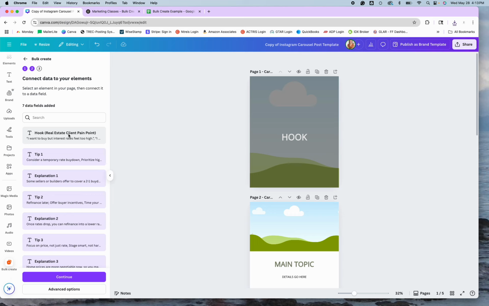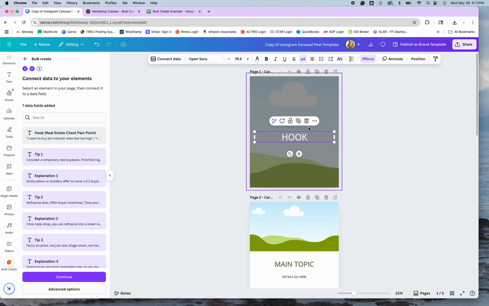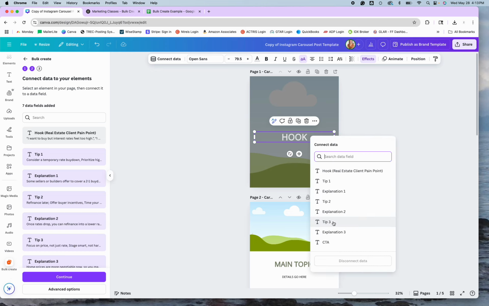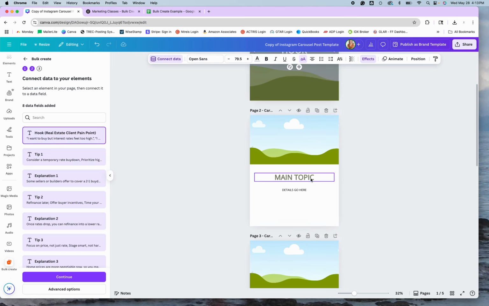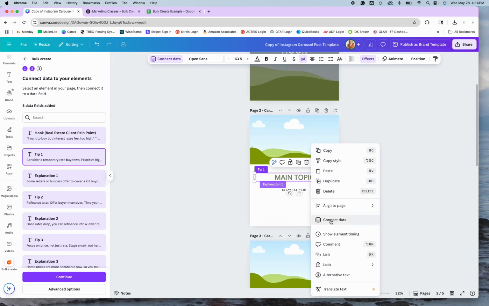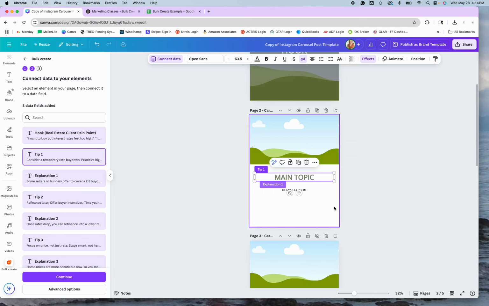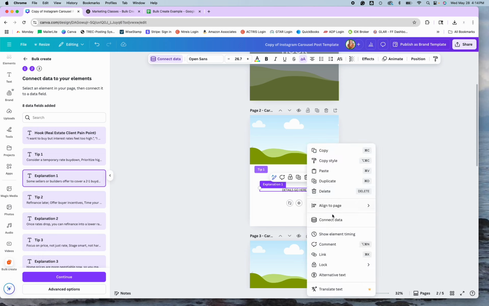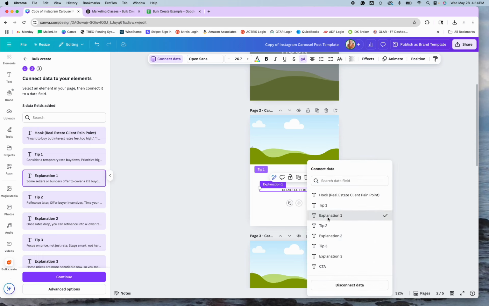Now everything is set here. I know it's purple because it's trying to sync with what I had before, so we're going to do this manually. So I'm going to click on Hook, and I can either right click or click the three dots, connect data, and I'm going to connect it to the one that says Hook. Now I'm going to go to Main Topic. Now since I previously did this, it's already showing up, but you're going to hit Connect Data, Tip 1, and you're going to do this for each